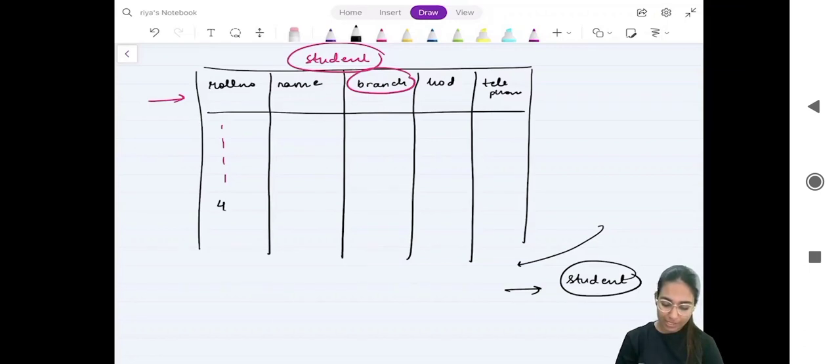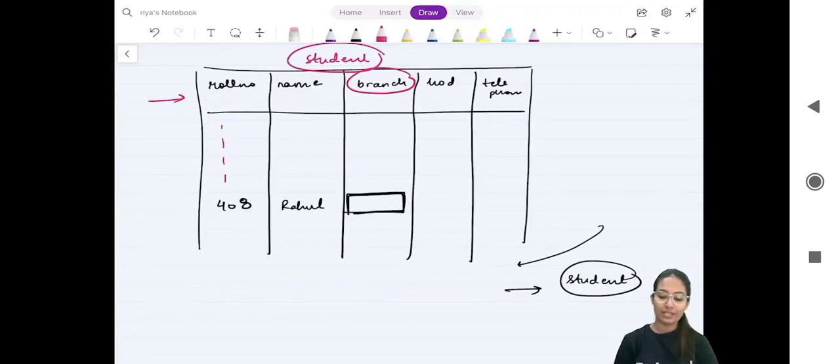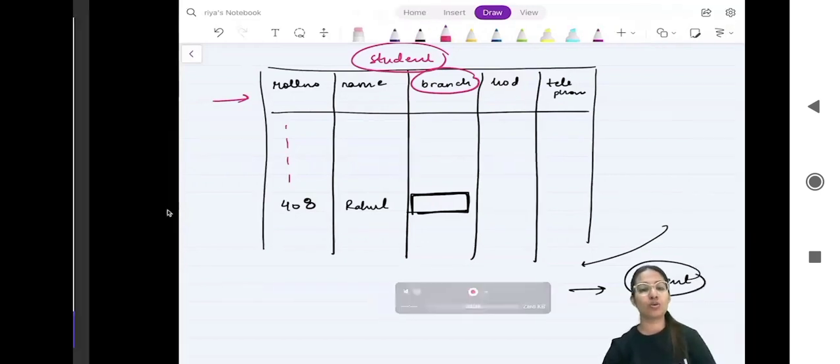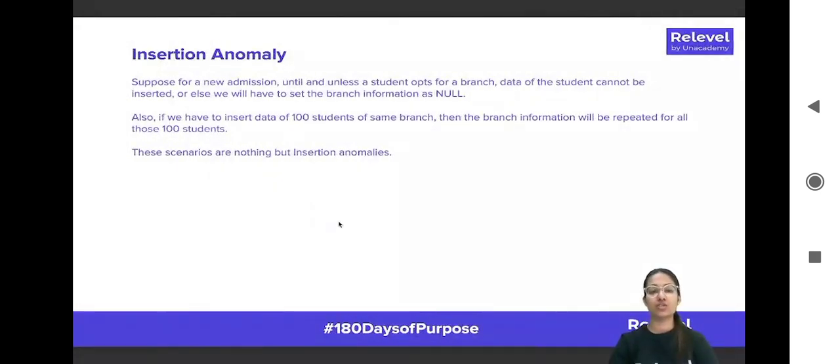If the roll number is, let's say, 408, you will be able to enter that. The name also you'll be able to put in. But since the student has not chosen the branch right now, how will you populate this particular column? Either you will have to put null, which doesn't make sense because a student cannot have a null branch; he or she has to be in a branch. Otherwise, you will have to wait until the student actually chooses, and that's what it says over here. Suppose for a new admission, until a student actually opts for a branch, the data of the student cannot be inserted, correct? Or else we will have to say